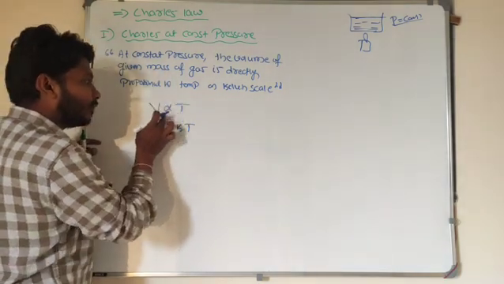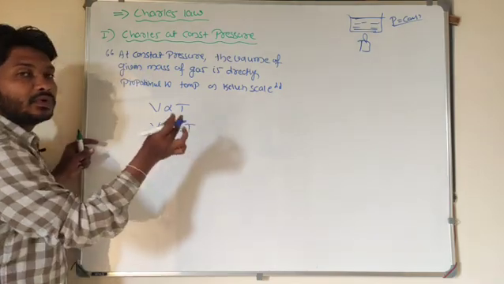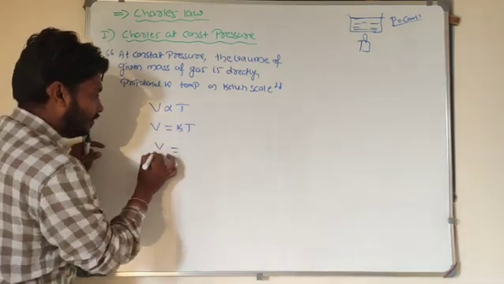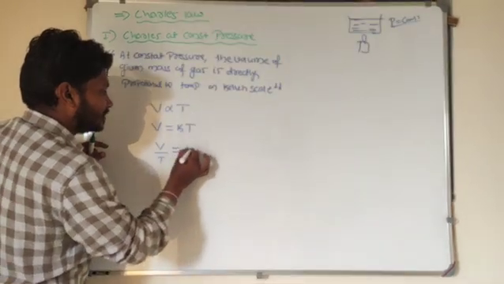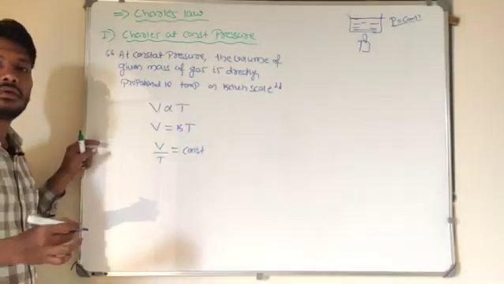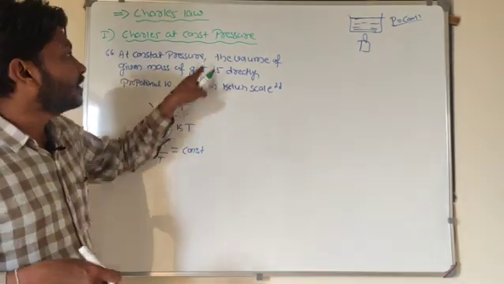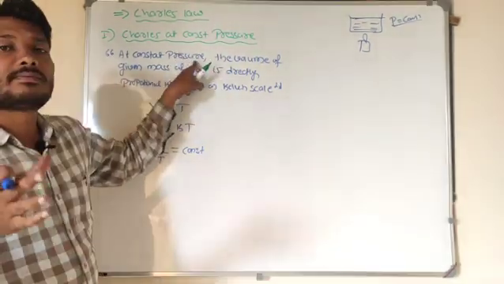So if I remove the proportionality sign, I will get a proportionality constant. Look at here, I will take T to the left side. V by T is equal to constant. So the volume of the gas is directly proportional to temperature if you heat up the gas